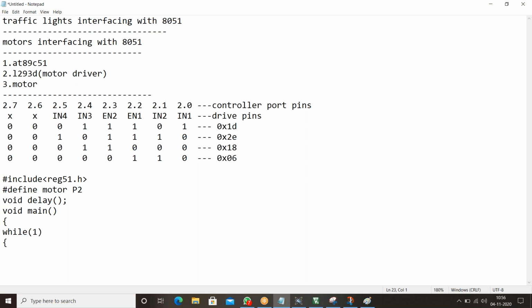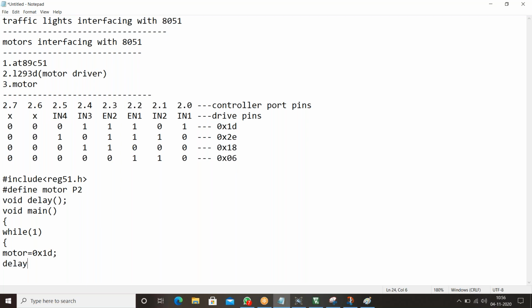Okay, open our while loop. Now the first case: two motors should be in forward direction, so motor equals 0x1d. This is our first case, right?